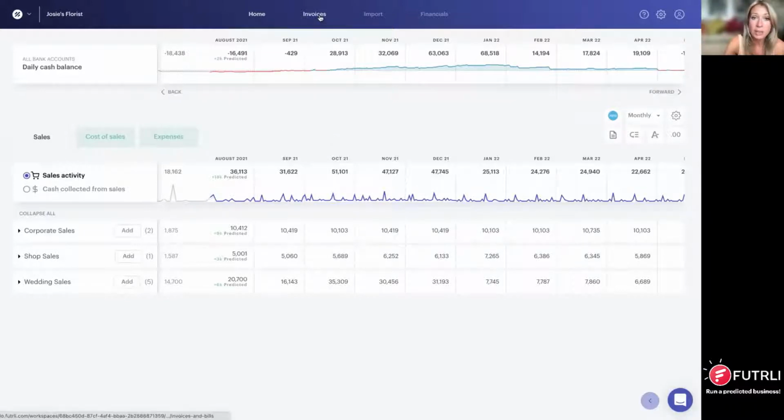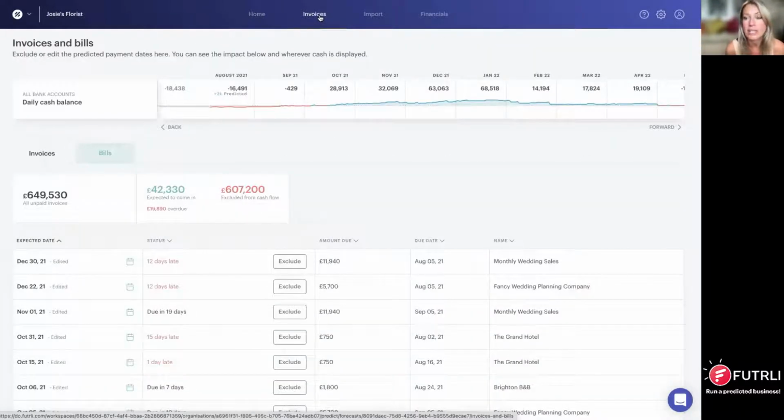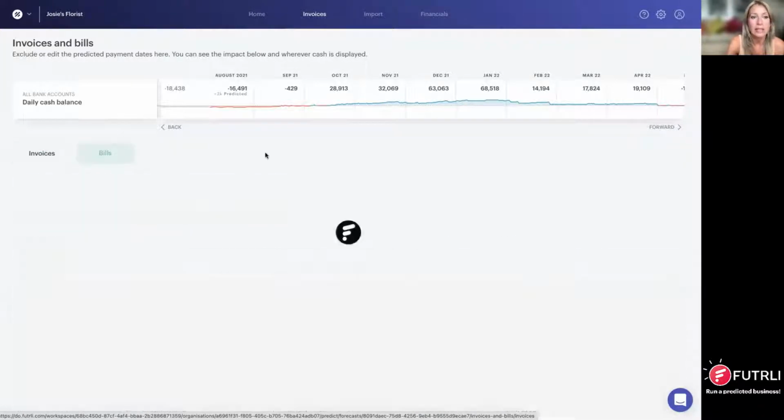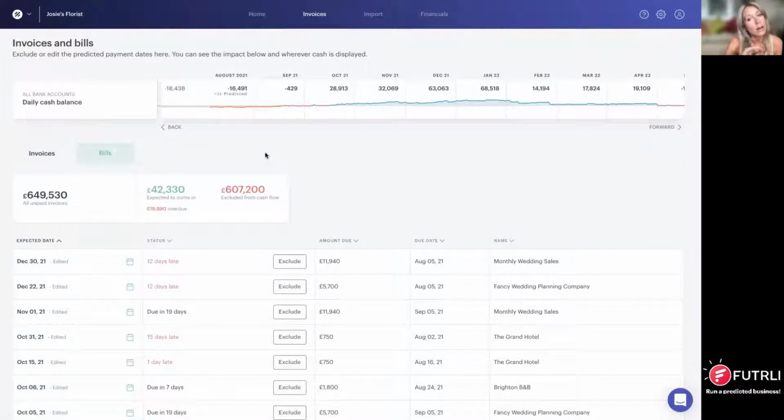So the first thing I'm going to actually take you to is your invoices area. This is where you'll see all of your due invoices and bills for your customers and suppliers. These are the ones that haven't been paid yet. They aren't draft invoices, because those don't really exist. They're something that you're playing with. They are real invoices and bills that are already in your profit and loss and in your accounts receivable and